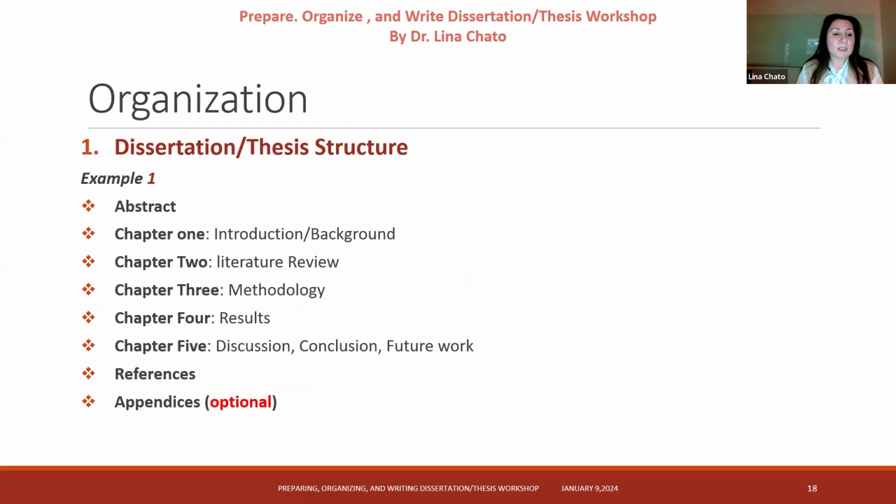Each dissertation and thesis contains an abstract, introduction or background, literature review, discussion, conclusion, future work, references, and appendix or appendices, which is optional. But the methodology and results depend on your field, your topic,